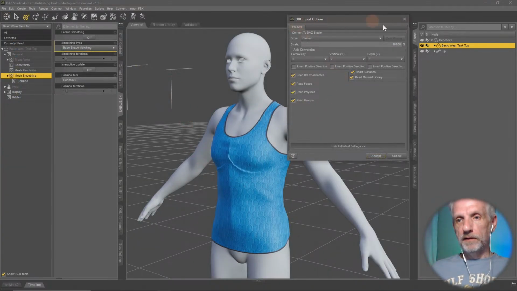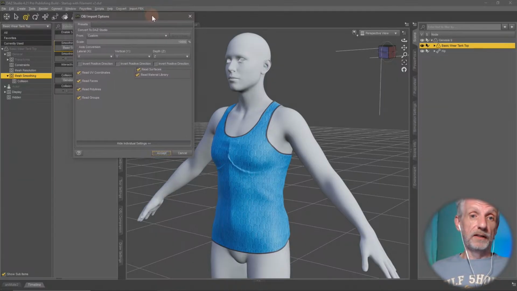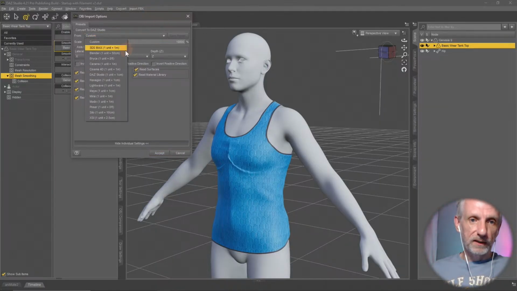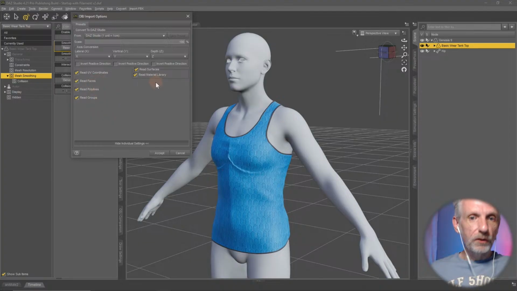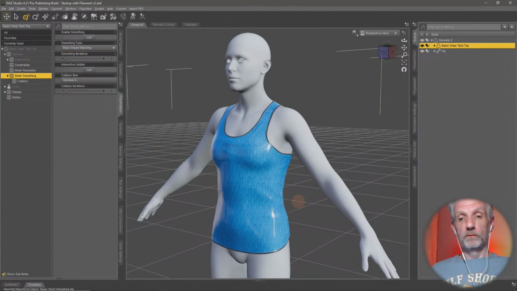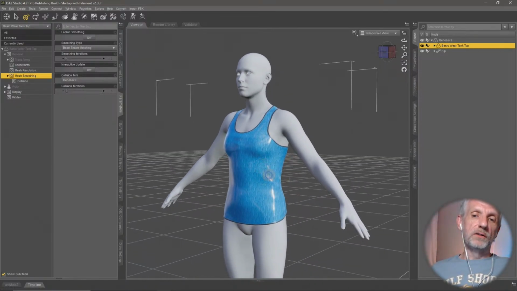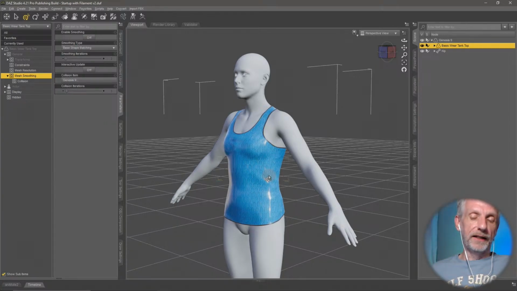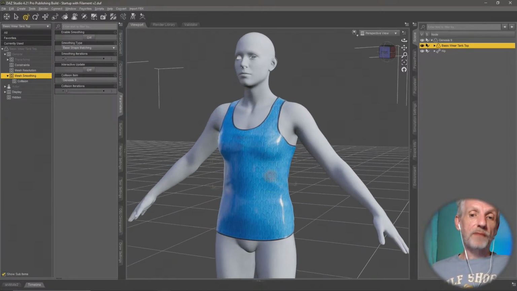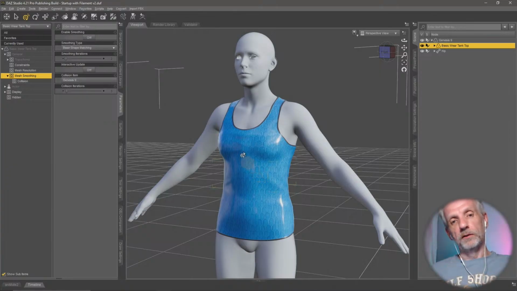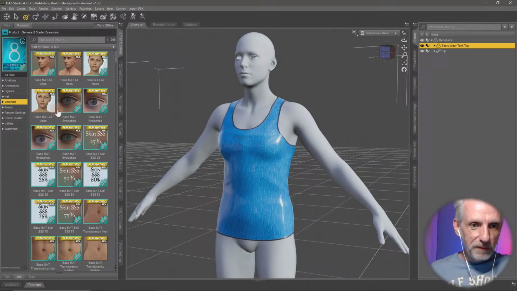And now this import dialog comes up that tells us, hey, what scale is this thing? So we're going to say Daz Studio Scale. And we don't have to worry about reversing deformations or all that because it's not a morph. We're literally replacing the object that we have as a shirt object right now. And hit OK, hit accept, and then we've got this. And that is now the new base morph. It has kind of changed the material now, so we need to reapply that. And if you didn't have a base material, you have to save it out before you do this. I can't honestly tell you why it does this, but under materials here,